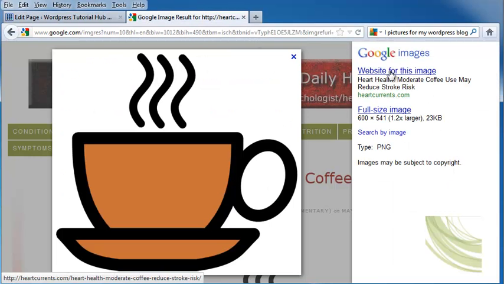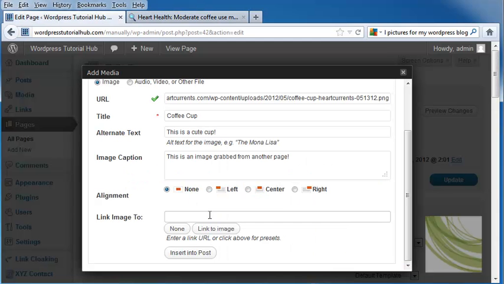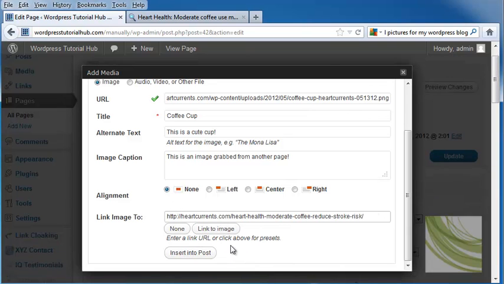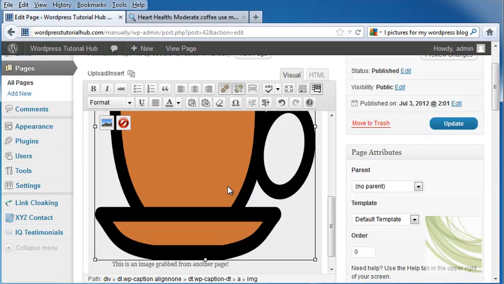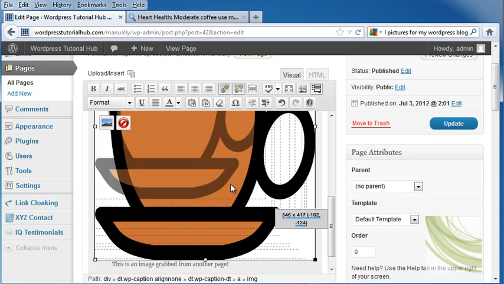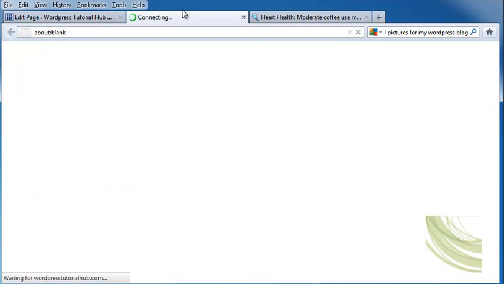So let's say I want to go to the website for this image. I'm going to right click its address, and I'm going to left click and paste that in there. And I'm going to click on Insert into Post. Now you can take this image, of course, and you can shrink it down. And you can see I've got my caption right underneath it, and I'm going to click on Preview Changes, and